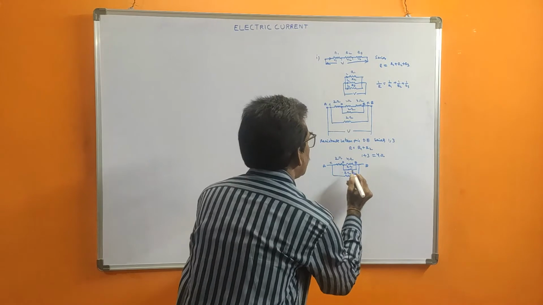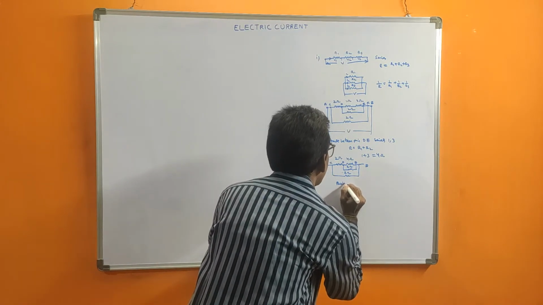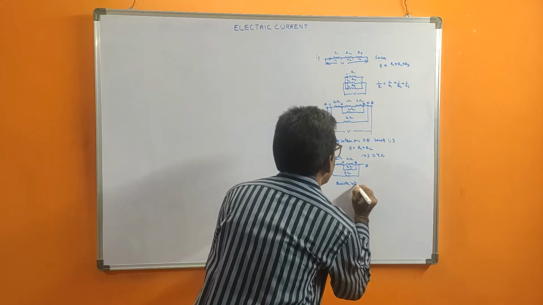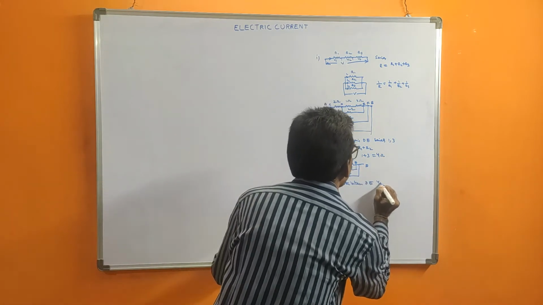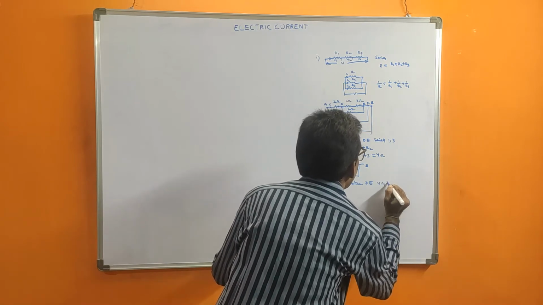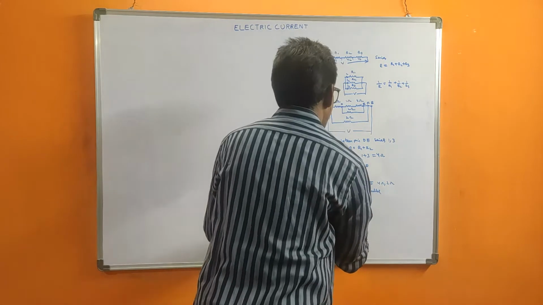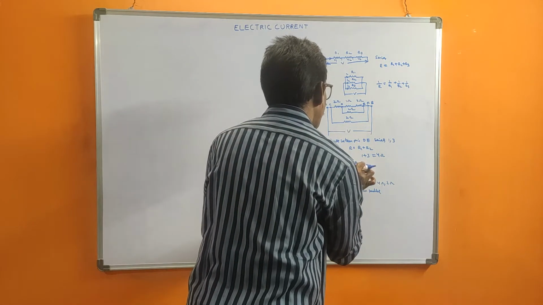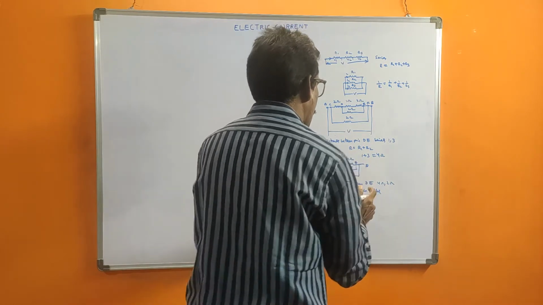So we can reduce DE. So the resistance between DE, like this we write. What? 4 and 2. 4 ohms and 2 ohms in parallel, D to E. At the D to E junction, 4 ohms and 2 ohms are connected in parallel.